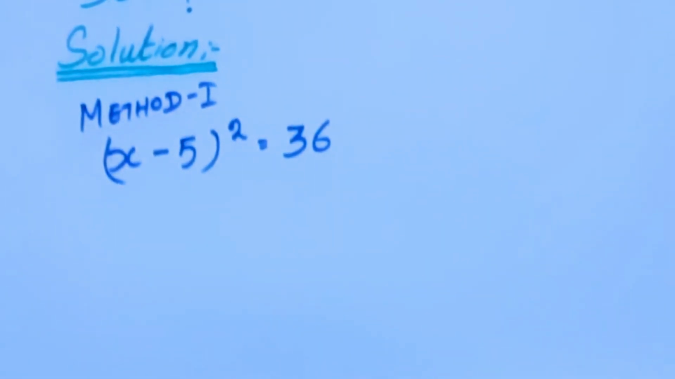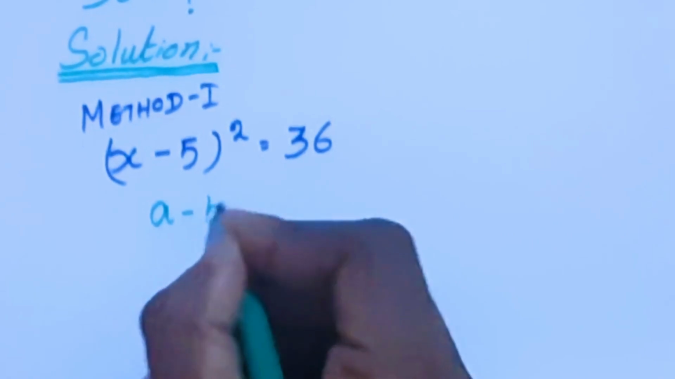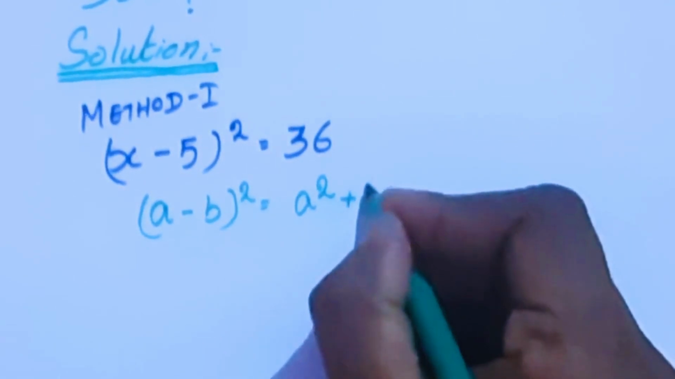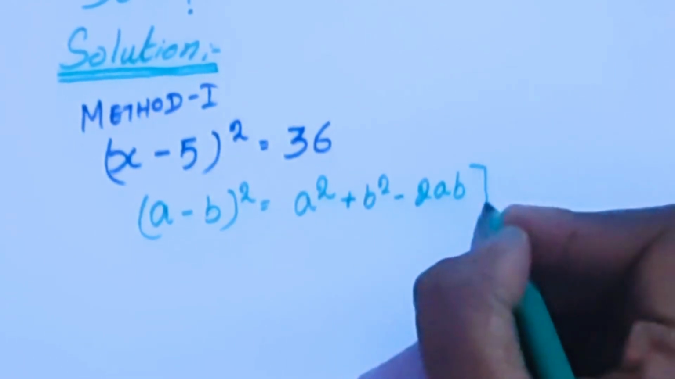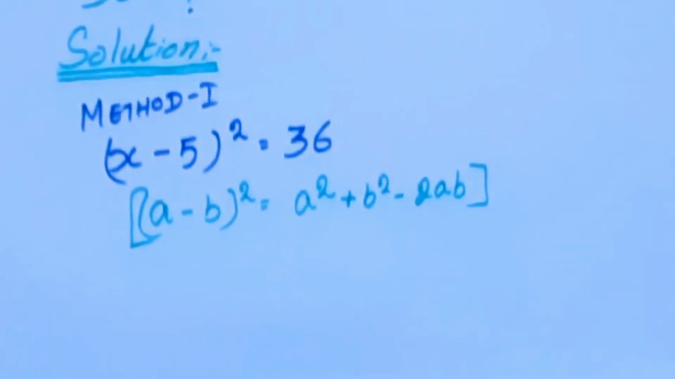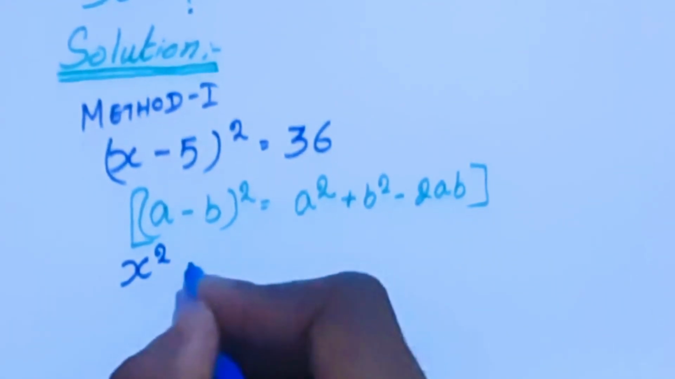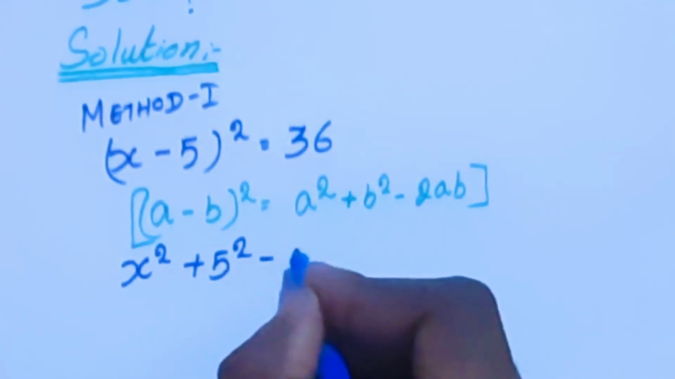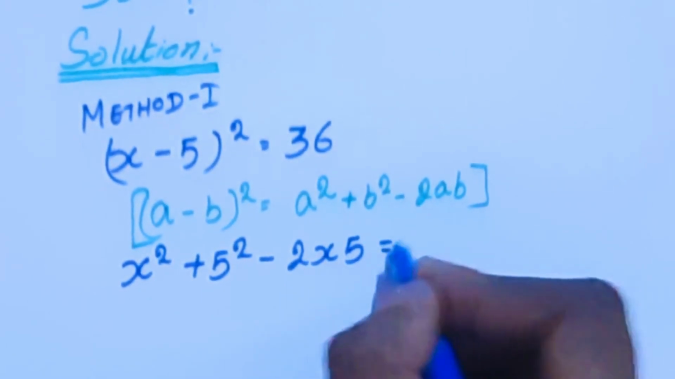Now we are going to apply this algebra formula, that is (a minus b) whole square equal to a square plus b square minus 2ab. This formula we are going to apply here. So we'll get x square plus 5 square minus 2 times x times 5 equal to this